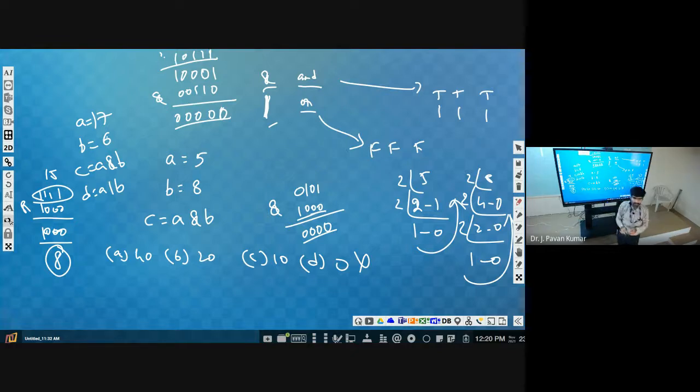So we get 10111, which is 16 plus 7. Correct? How can you convert that into decimal? 10111, convert.